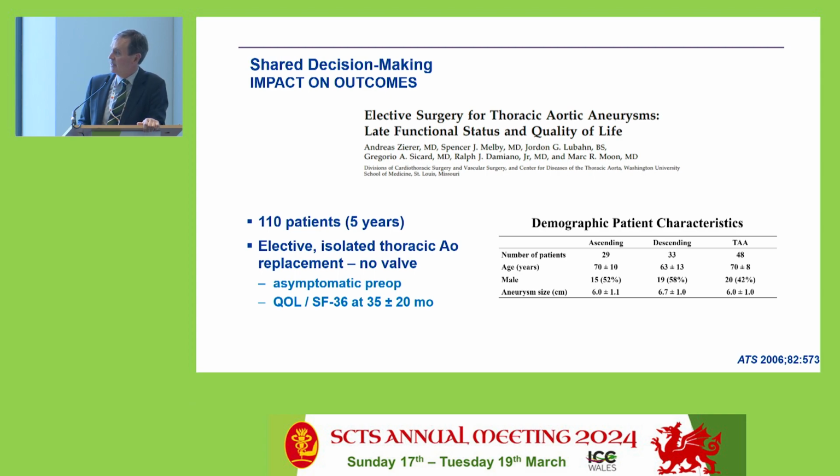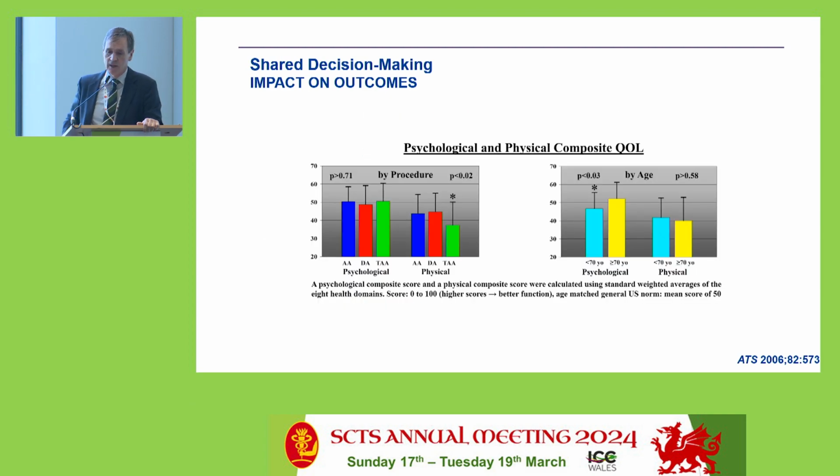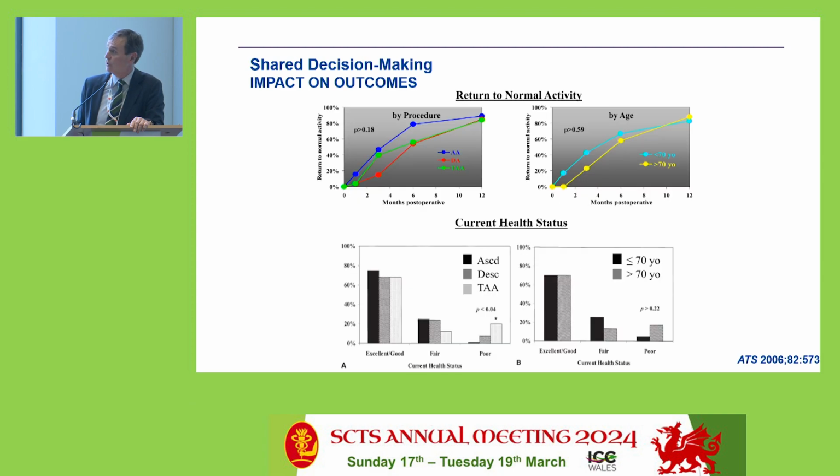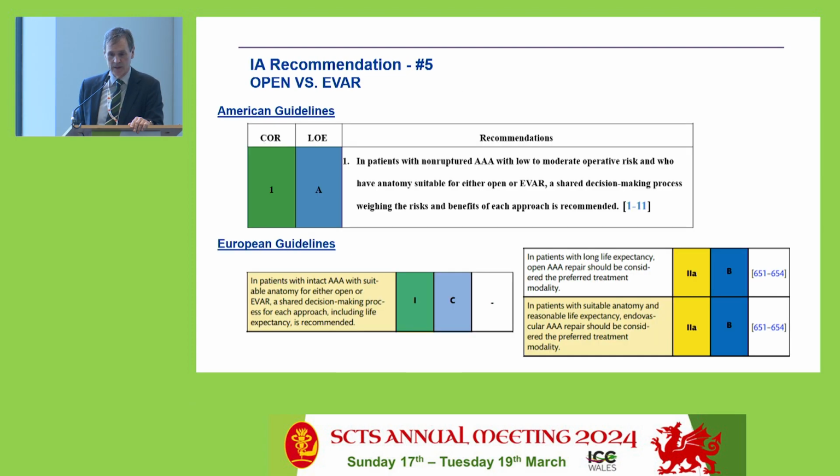I followed elective patients to see what their recovery was, and we found that they had a normal psychological recovery. After a thoracoabdominal aneurysm repair, though, their physical recovery was somewhat impaired compared to normal controls, and not every single patient got back to normal. The majority got back to normal by 6 months, but there were 10 to 15% of patients who never felt they were back at normal levels.